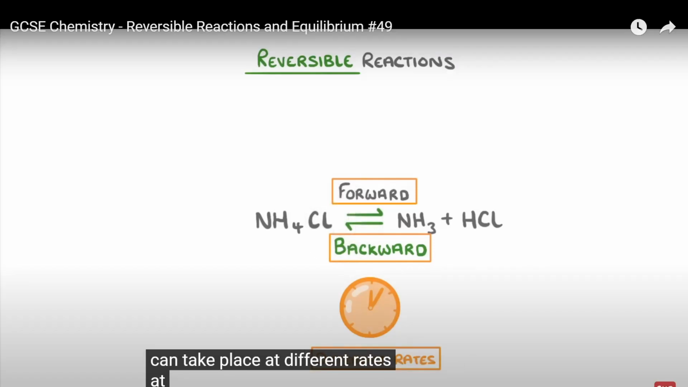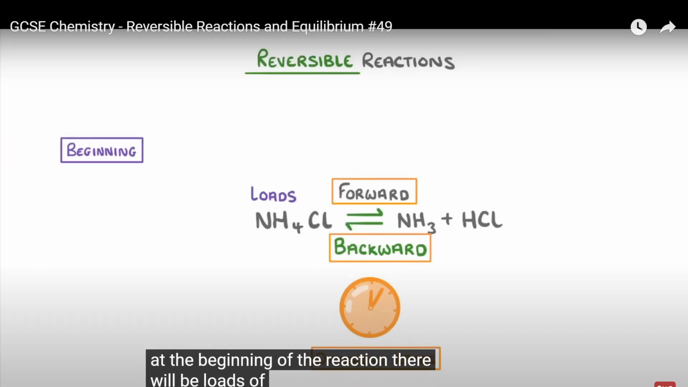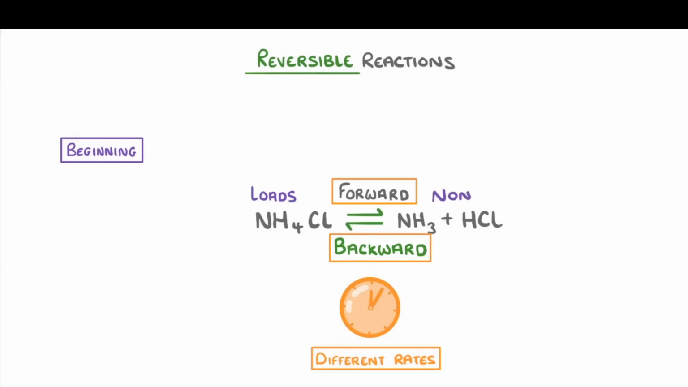If the forward and reverse reactions are taking place at different rates, what can you say about the system? It's not at equilibrium. At the beginning of the reaction, there'll be loads of ammonium chloride, but no ammonia or